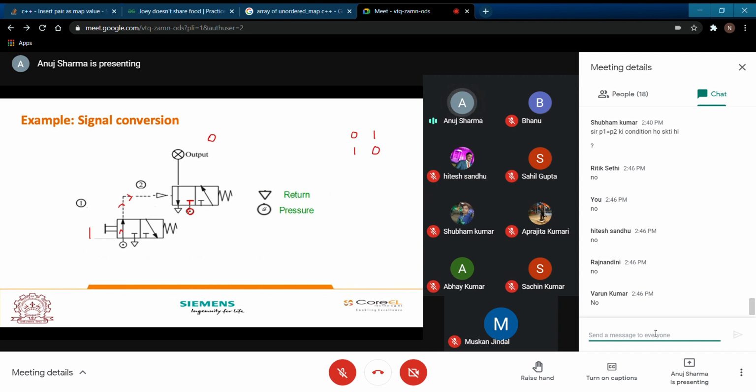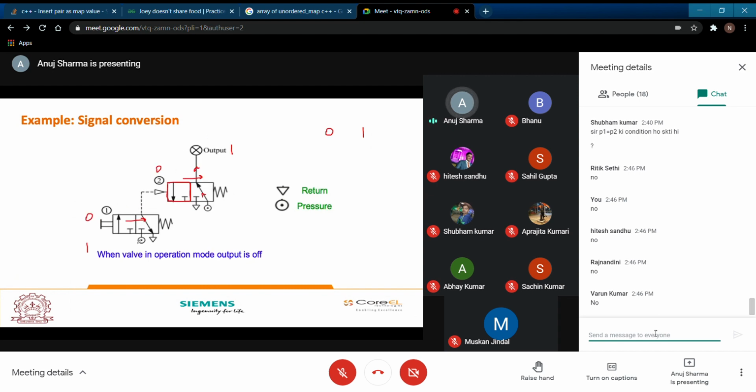This is for your pressure line or compressor line, and this is for your return line. Just focus on this: when you operate these conditions, these boxes are changing their positions relatively. The pressure and return valves are retaining their position, while the boxes are changing their position. It can work manually, with spring, pneumatically, or with solenoid actuation. It can work in any manner.